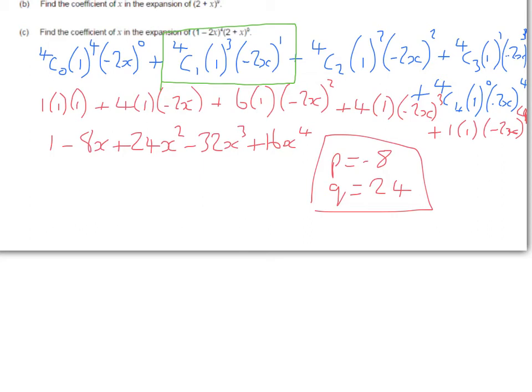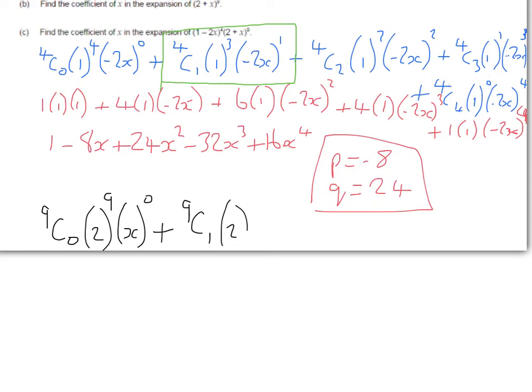So my very first term, which actually I'm not interested in because that's not going to give me any x's, but we'll do it for completeness, will be 9C0 multiplied by 2 to the power 9 multiplied by x to the power 0. Right, the term that I'm particularly interested in then is this one. 9C1 multiplied by 2 to the power 8 multiplied by x to the power 1. Well, 9C1 is 9